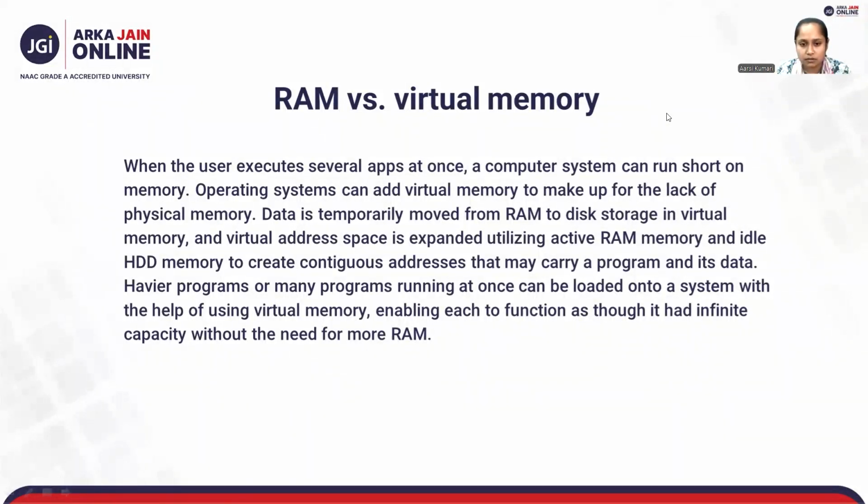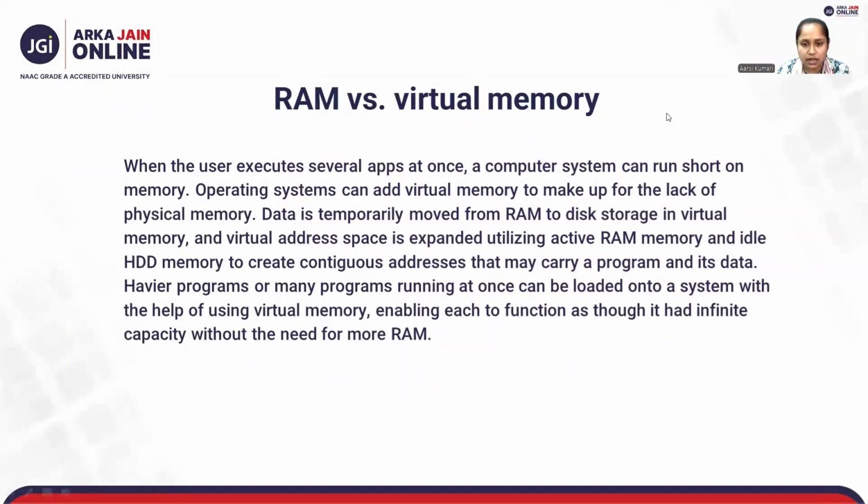Data is temporarily moved from RAM to disk storage in virtual memory, and virtual address space is expanded utilizing active RAM memory and idle HDD memory to create continuous addresses that may carry a program and its data. Heavier programs or many programs running at once can be loaded onto a system with the help of virtual memory,